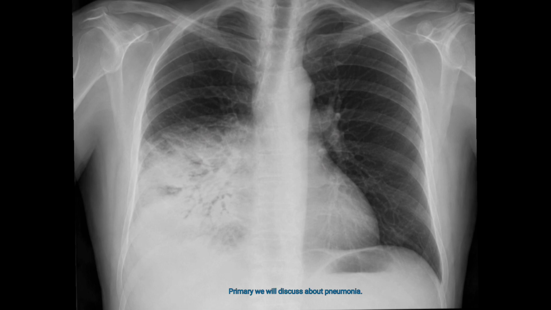So, what is pneumonia? Pneumonia is an infection of the lung tissue that causes inflammation and filling of alveoli with fluid, pus, or inflammatory material. Normally, lungs appear dark on X-ray because of the air filled in the lungs. But in pneumonia, the infected area becomes denser and appears white, opaque on the chest X-ray. You can see in this image the middle lobe and the lower lobe with a white consolidation and appearance of whiteness in this X-ray.